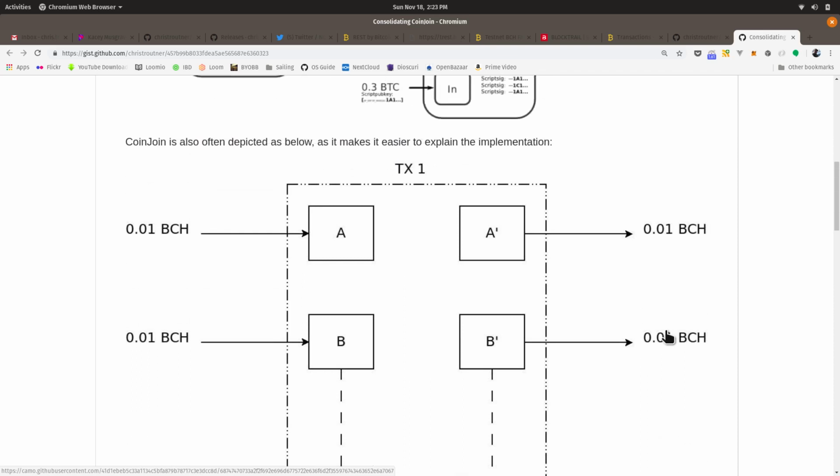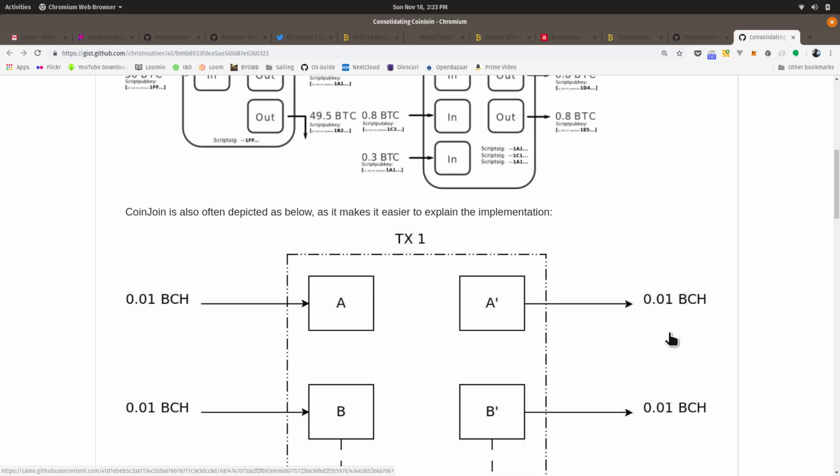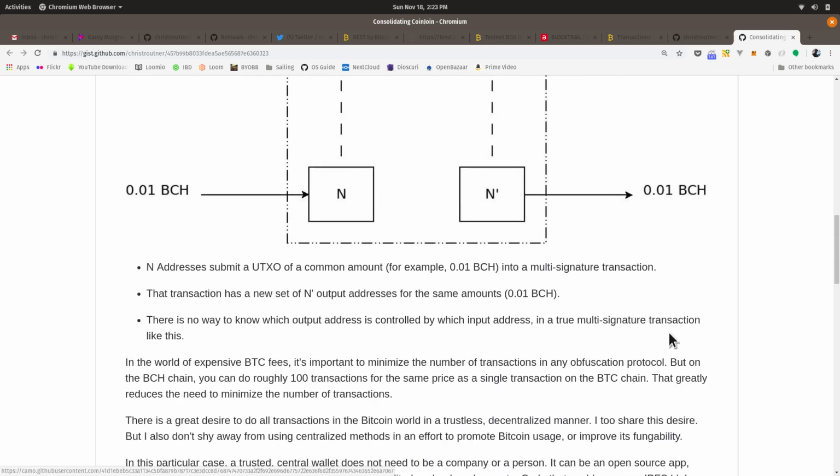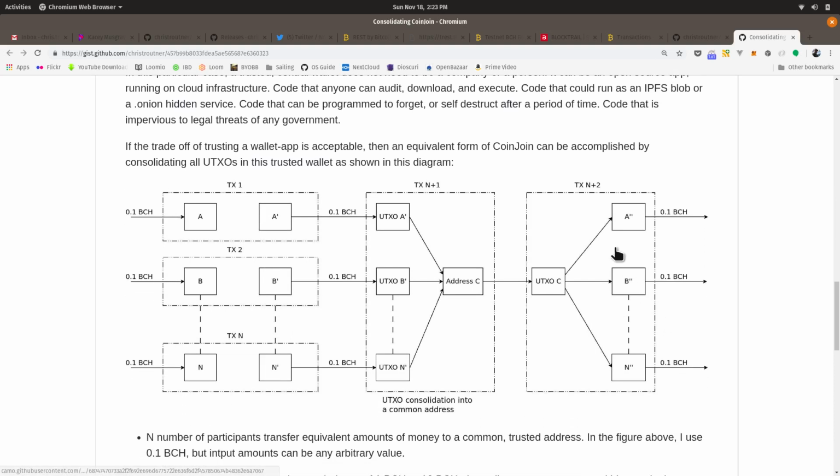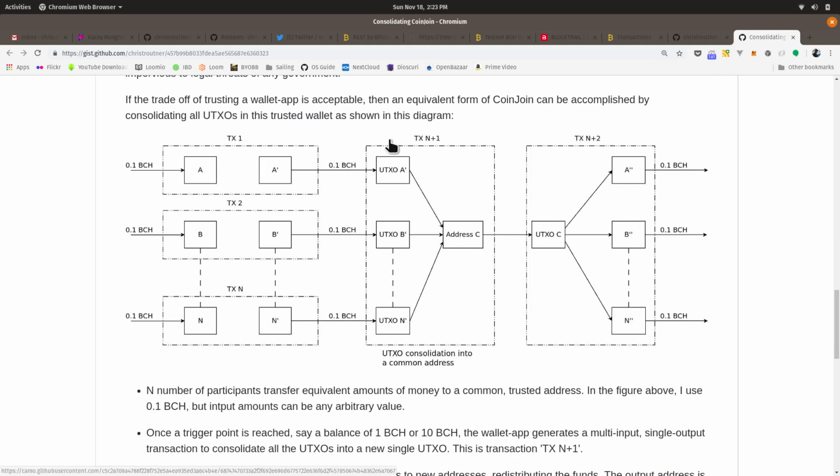And I think that's why 5 years on we still don't really have a solid implementation of this CoinJoin idea. So in thinking about it, I came up with what I call consolidated CoinJoin, and it's achieving the same thing, and it's also giving a few advantages over the original CoinJoin at the cost of one single disadvantage, which is using a trusted wallet. A lot of people are disappointed by that trade-off, but I'm hoping that what this software will show is that it's not a big ask. It's not a big trade-off.